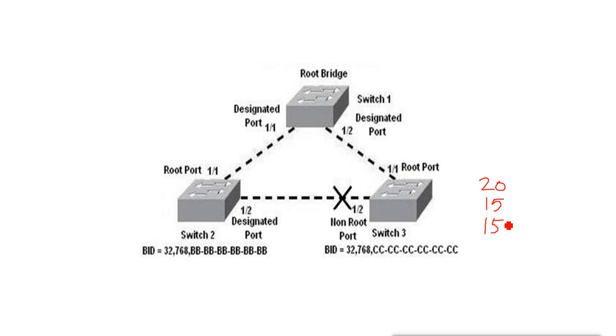After a total of 50 seconds, your port will be in forwarding mode. Otherwise you have to wait for it. Suppose there is switch 2 and switch 3 in this design, and this port is in blocking state and this port is not in blocking state, it is a designated port on the alternate side. Now if we disable this link here and this port gets enabled, how much time will they take to go to forwarding state again?